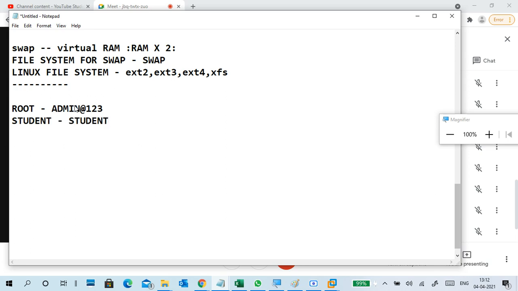Root is the administrator of Linux. It has all privileges. So the first time, all settings, applications or anything, you do with root only. Normal commands, file creation, file copy paste, this kind of stuff we use the student user only.